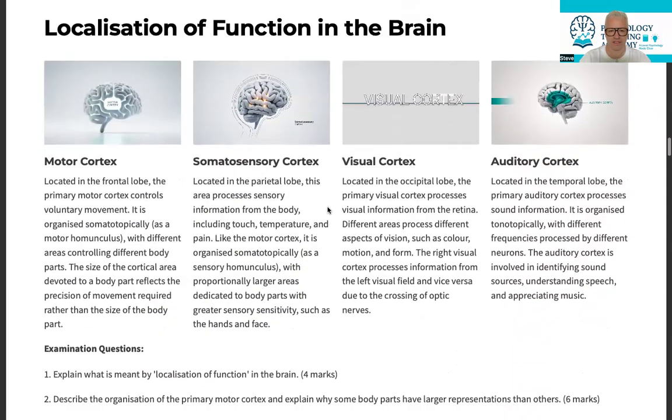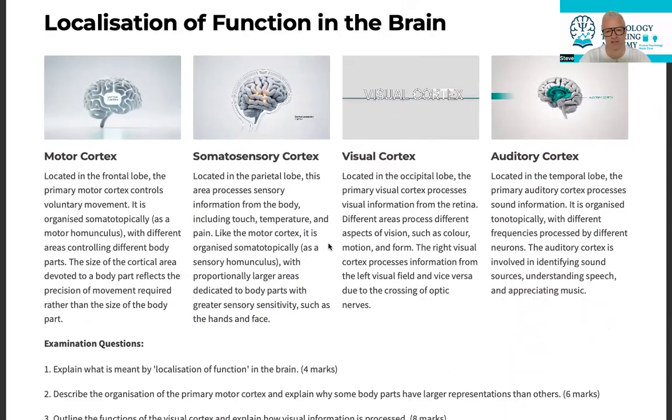Look at localization of function of the brain. So certain brain structures have certain functions. Obviously the motor cortex, which is in the frontal lobe, controls our movements and things. You can look at a picture of what's called the homunculus or motor homunculus, which is a visual diagram of a slice of the motor cortex, and it shows you which part of that brain area is located for which movement, say.